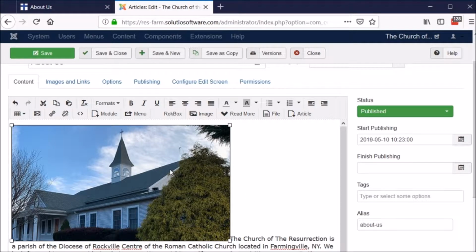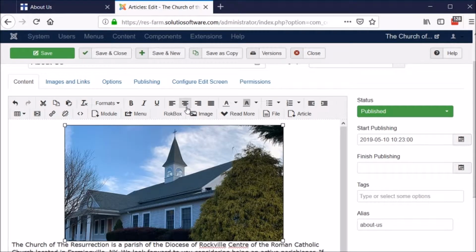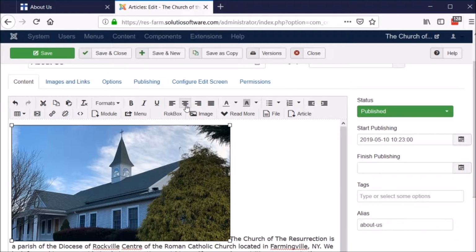Now that I have the picture resized a little bit more like I want it, I still have it selected. I'm going to choose to align this picture. I want the text to wrap around the left side of the picture, so I want to align the picture to the right. And of course that's done by choosing align left, center, or right. I'm going to choose align center first so you can see what that looks like, and that's going to put the picture above or below text inside my article. It's not going to wrap the text around the left and right sides, it's just going to put the picture above and below. I'm going to choose align center a second time to remove that alignment before trying to apply